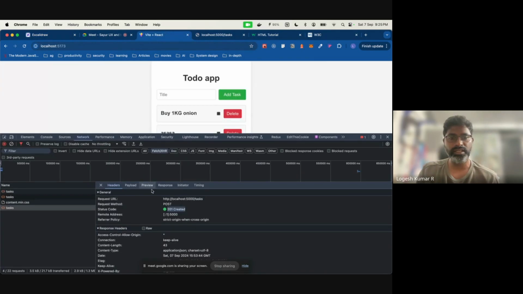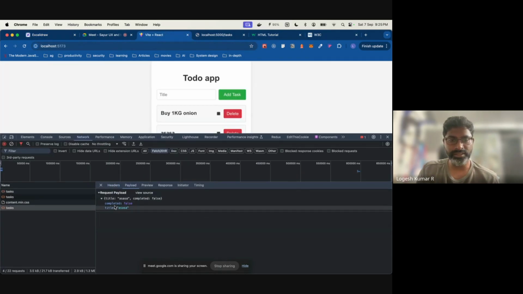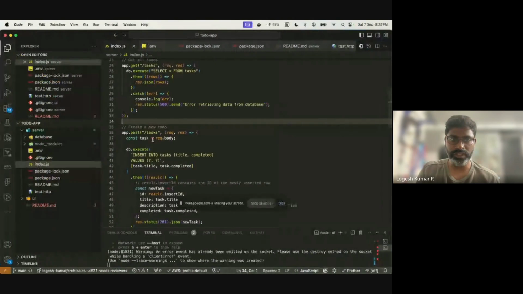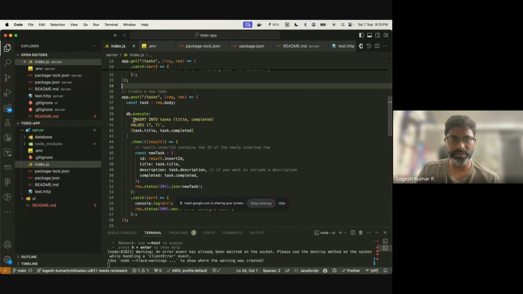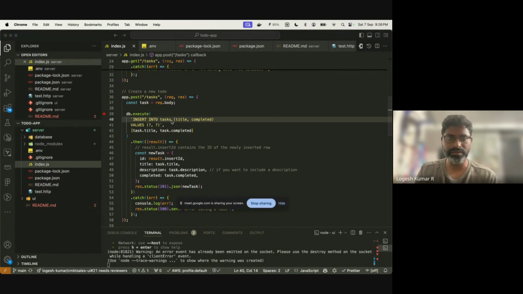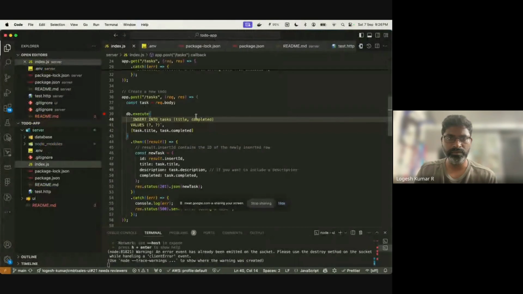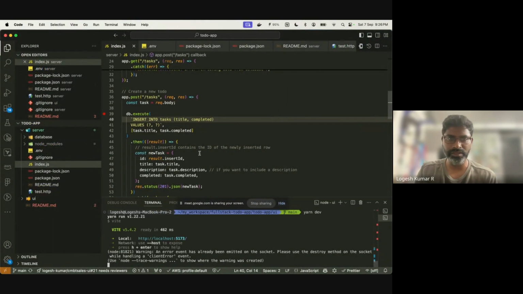Like I said, instead of sending title, I have sent tile. Now the server is expecting title. When I say the server is expecting title, I can show you clearly in the post request. What is this insert doing? This SQL query is taking the title from the request and inserting it here. You can debug it, I'll show you. For some reason the debugger is not working, but ideally you can see this request.body here. So if I put a console log here,